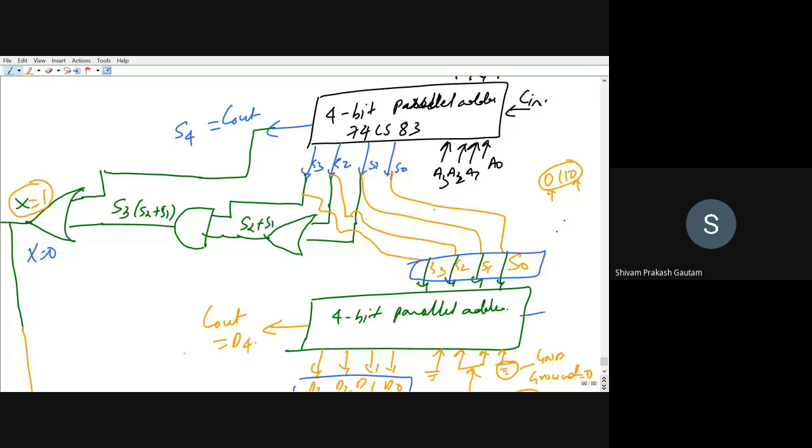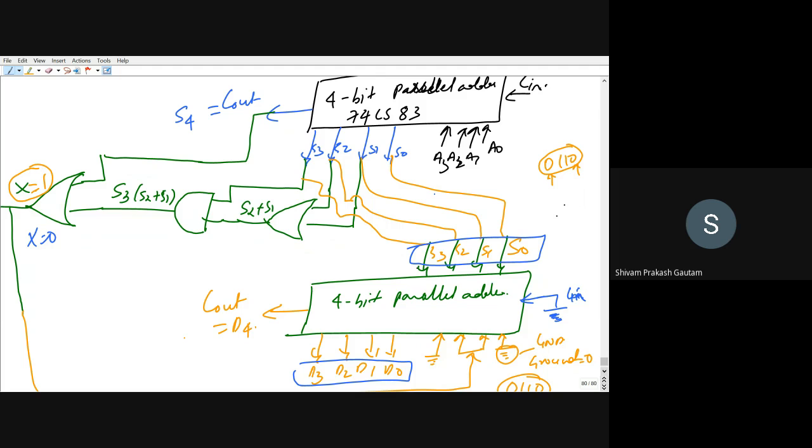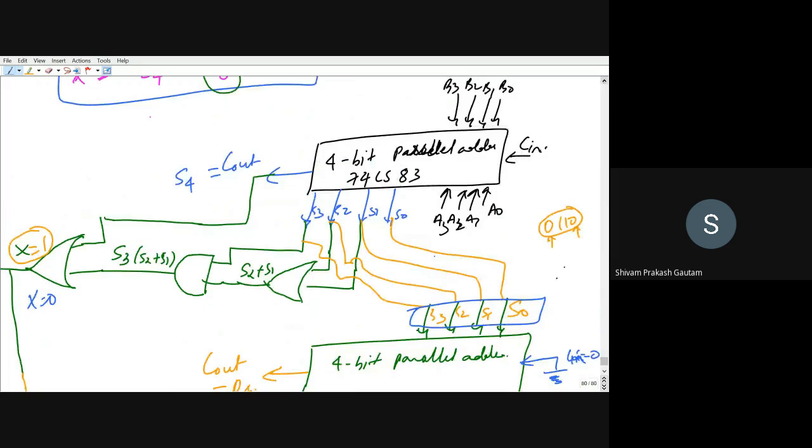Okay, so one more logic will be there. This will be C naught. C input in this case will also be 0. So again, I have shown it by ground. You can directly show it by ground, or you can also write C in is equal to 0. Whatever you prefer, you can write. But the main thing is that you will be needing two